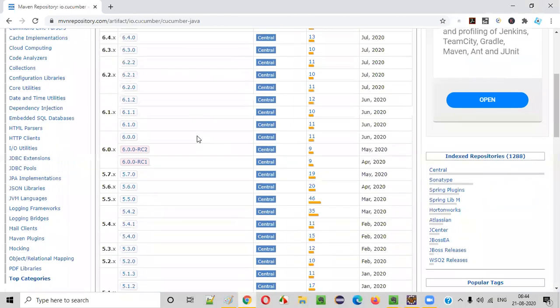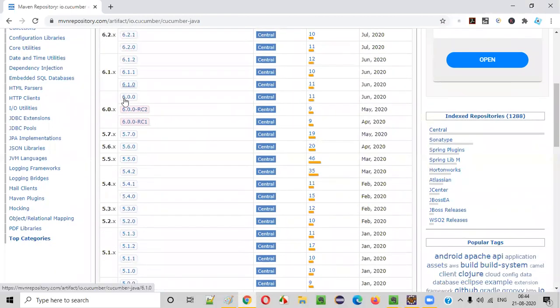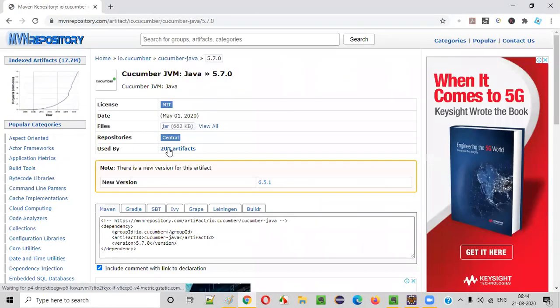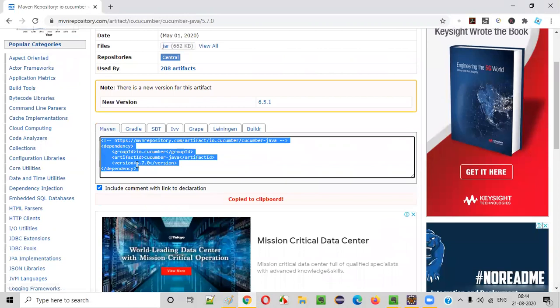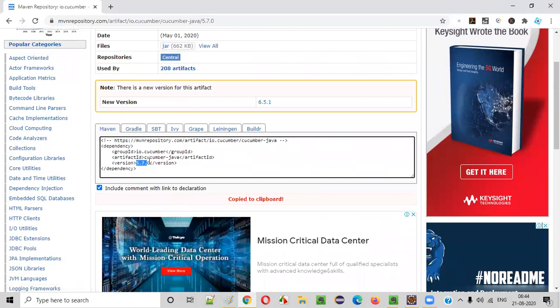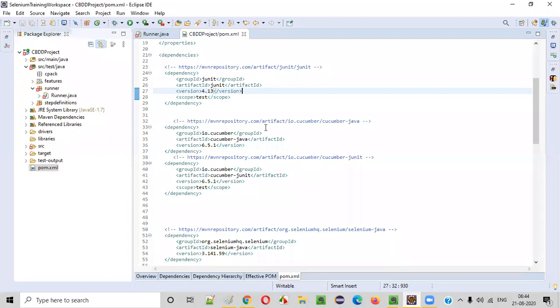So what we can do is scroll down here. I tried up to 6.0.0, guys; starting from 6, things are not working. If I go with the 5.7.0 version, click on 5.7.0. You don't have to copy the dependency tags again, just see the version 5.7.0 and update that here, and here also, 5.7.0.